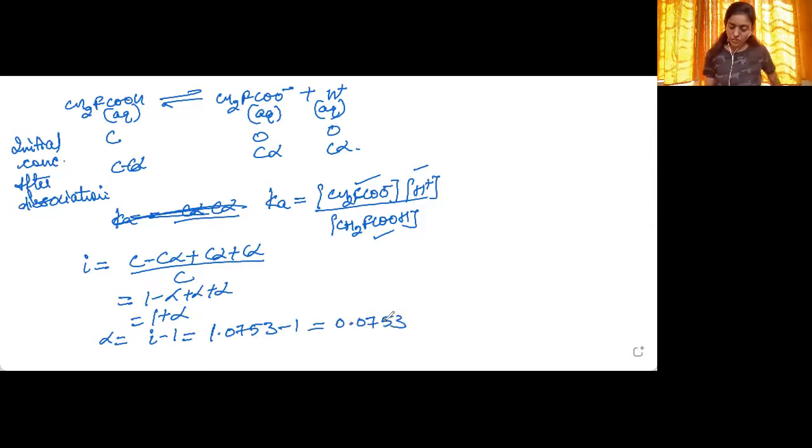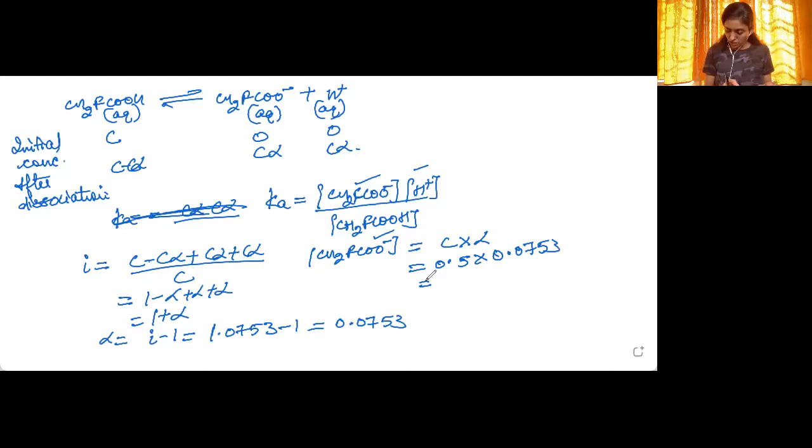Okay, so from here we can just find out the values for these concentrations. The concentration of CH2FCOO negative will be equal to C multiplied by alpha. Now what is C here? C is the molality. So 0.5 was the molality multiplied by 0.0753. So it is coming out to be equal to